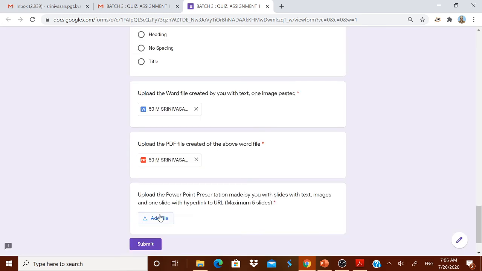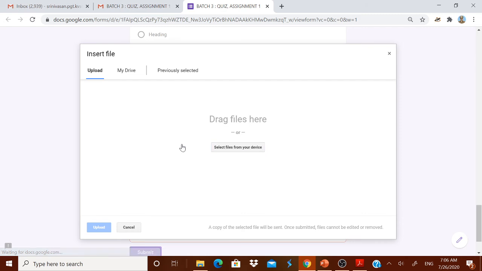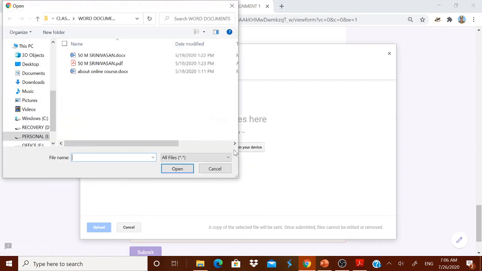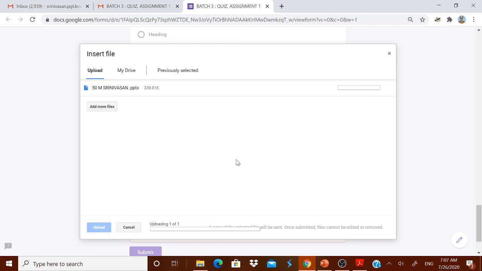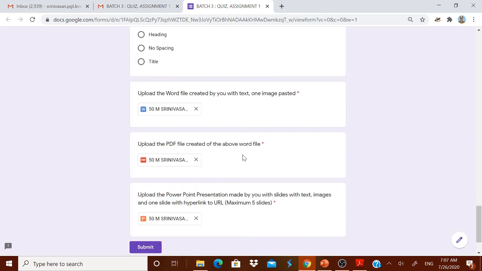Then again this is a PowerPoint presentation, add file, select file, then the PowerPoint presentation is here. Again I have made the file name roll number followed by name. Upload. Okay, now these three got uploaded.